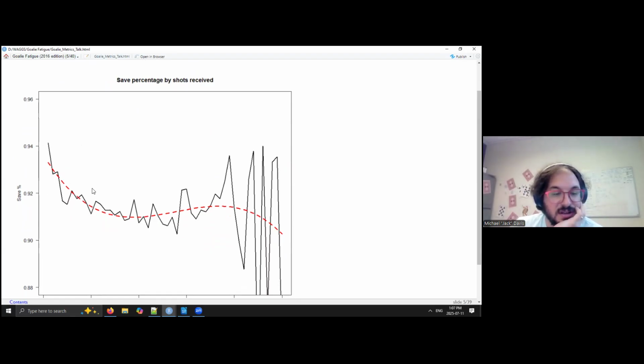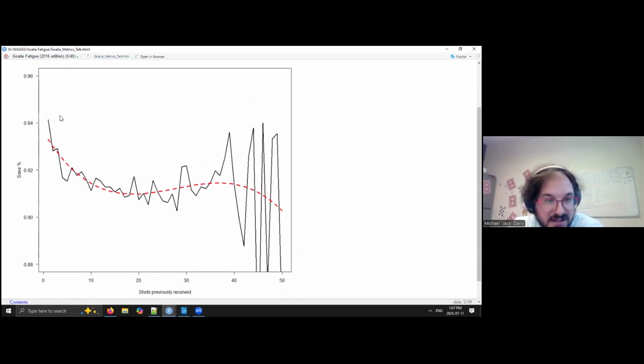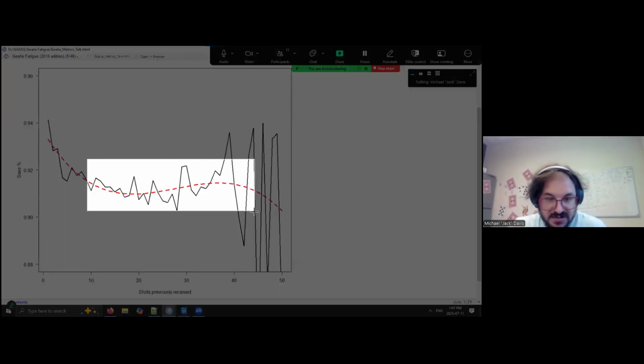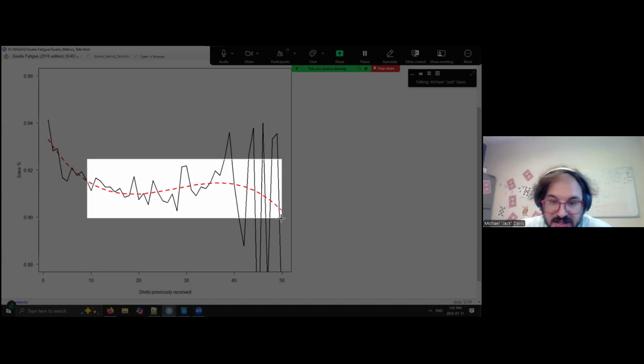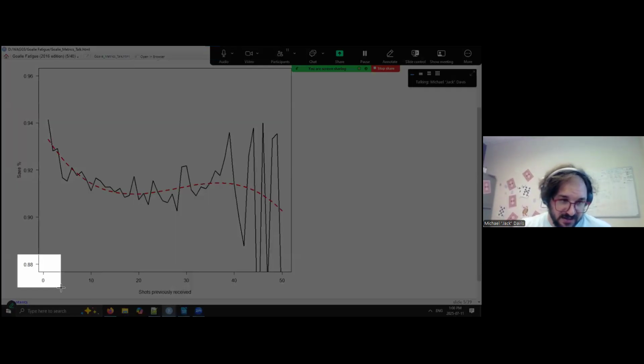And the first couple shots always seem to be pretty ineffective. But after that, after about 10, 20, 30, it's pretty stable. It gets really unstable at the end here, but that's because we've got a small sample size. There aren't a whole lot of games in which a goalie faces their 50th shot. And those that do, remember, we're zoomed in here for the save percentage of 88 at the bottom and the